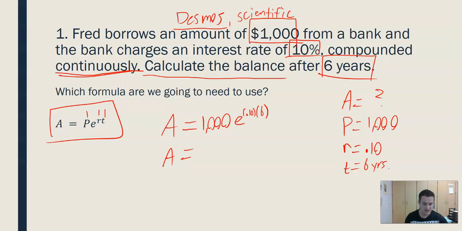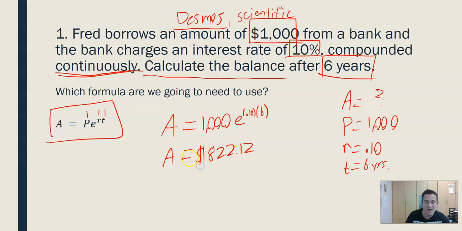1,000. And then if you look over, some of your calculators are different, but if you look over on your calculator right over here on this side, in the blue, so in the second menu, there is an e to the x option. So if I click that e to the x, it's right above the LN button, it'll pop up this. Can you see that? That 1000e, and then it'll pull up an exponent, and I'm going to type that exponent just like that. Parentheses, 0.10, close parentheses, open parentheses, 6, close parentheses, enter,